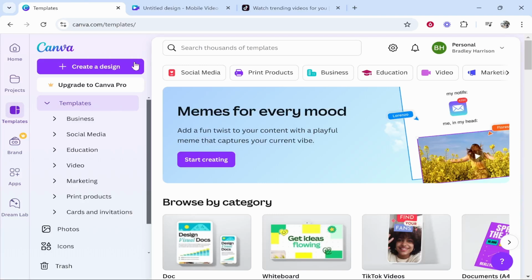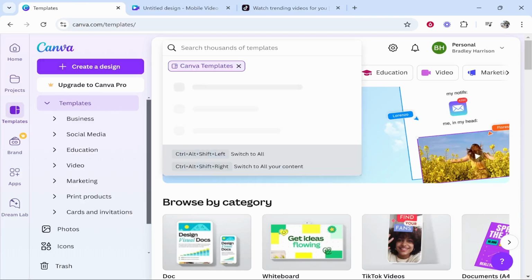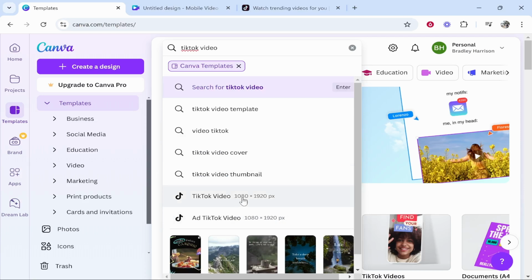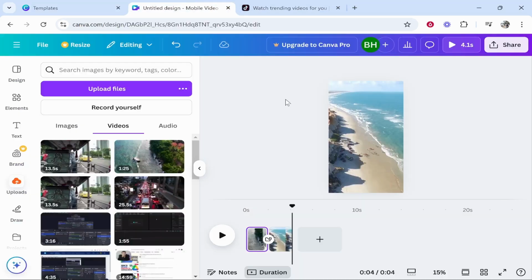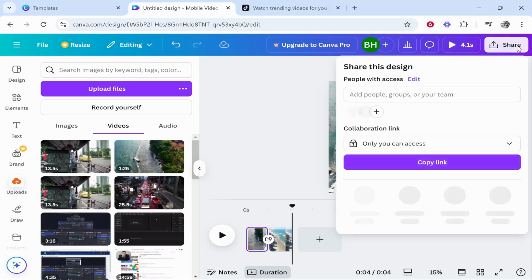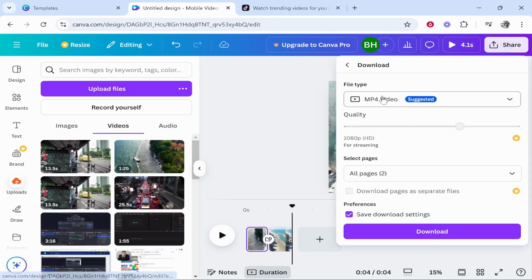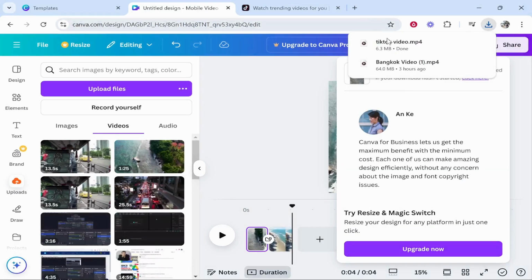To get it in the TikTok format, you need to go to templates, then type in TikTok video, and it needs to be 1080 by 1920 in the TikTok format. Once you've got it in this format, you can then click share in the top right hand corner. Then you can download it as an MP4 video. And once you've got it downloaded, mine happens to be in my downloads, we can now head over to TikTok